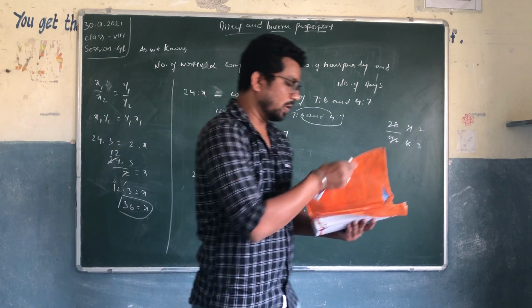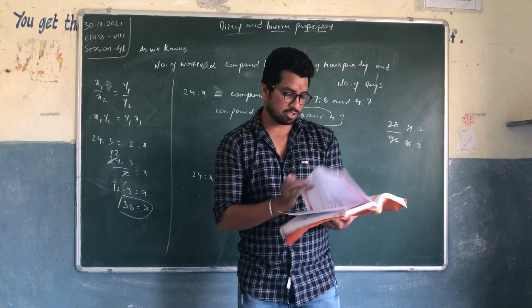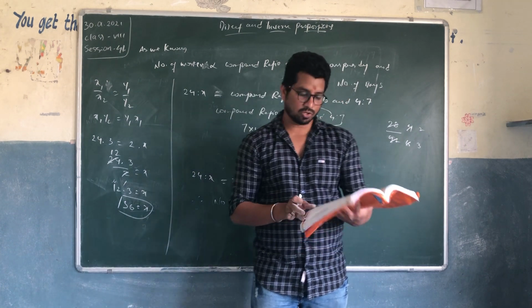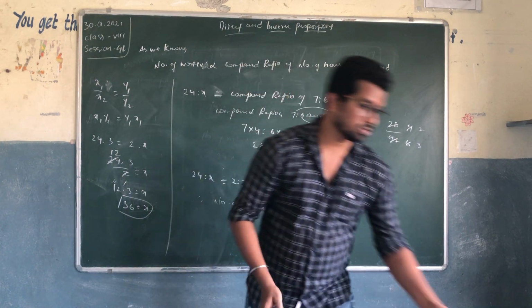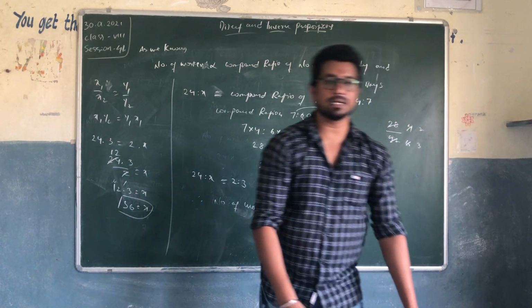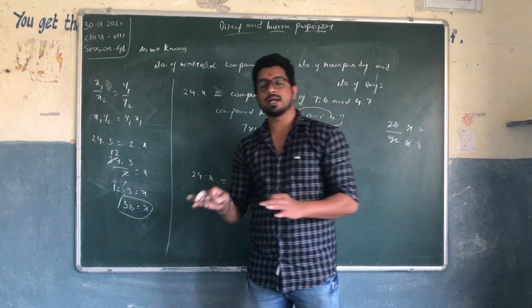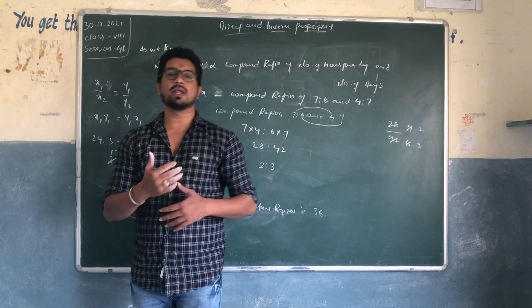Okay, so I thought of telling you one more example also, but it is taking too much time, so let me complete that in the next session. Hope you understood these two examples, which are very important to compound ratio. How we will find out the compound